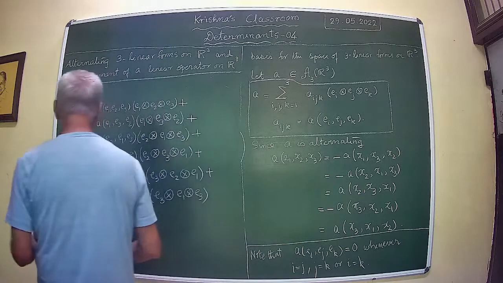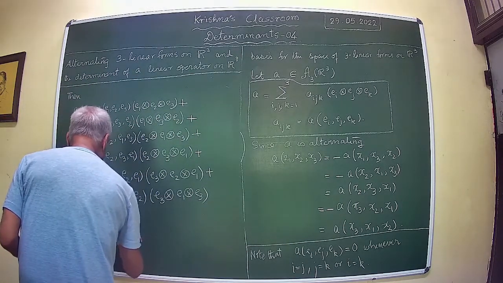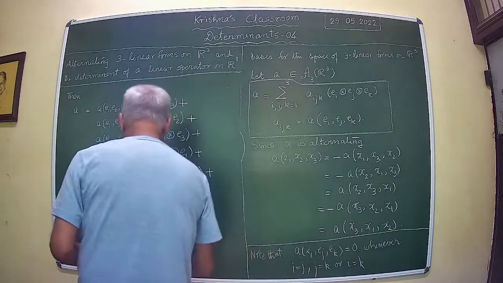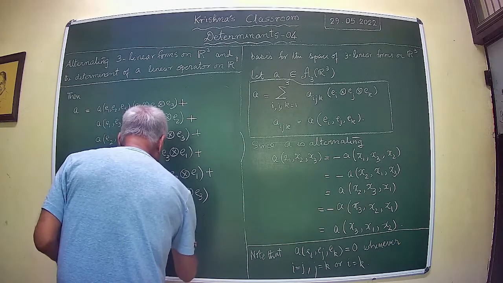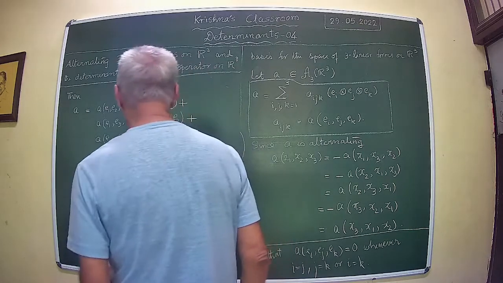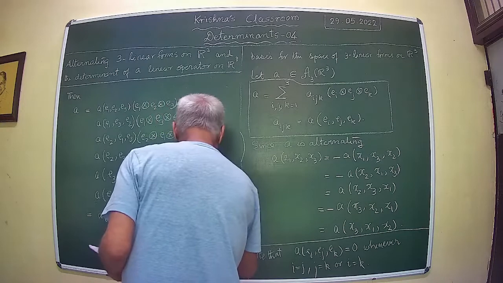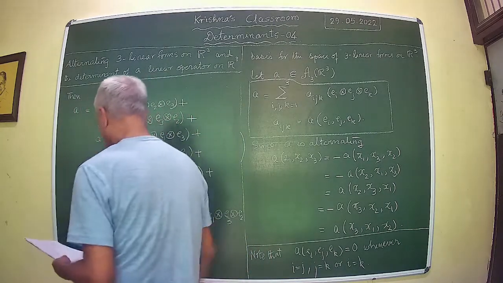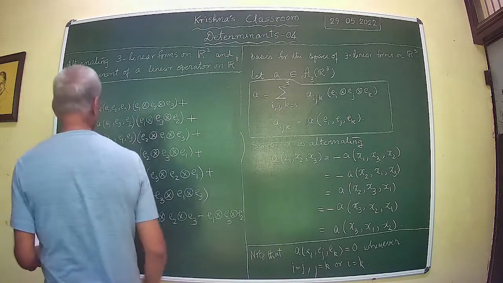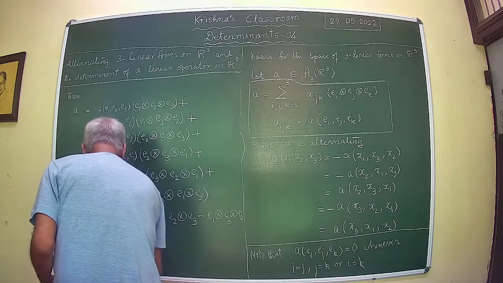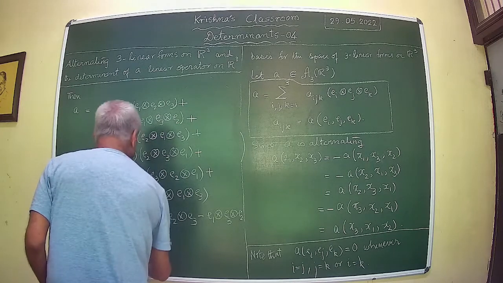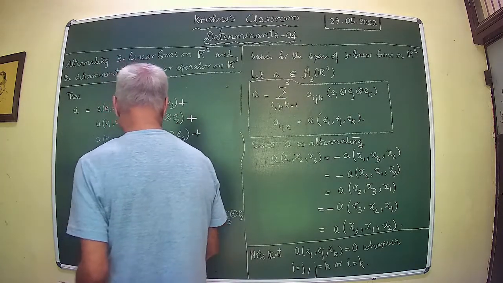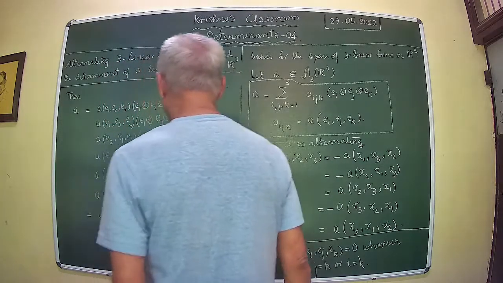That is, you can write this as A into, there will be changes in the sign, and you end up with E1, E3 minus E2, or rather minus E2 cross E3, plus, okay, plus the third term, you end up with